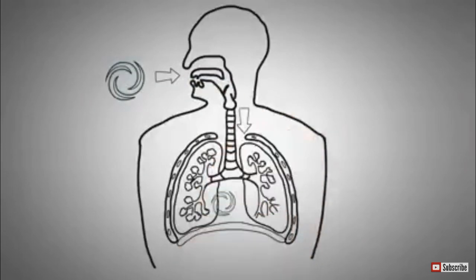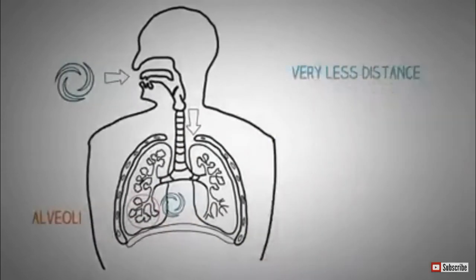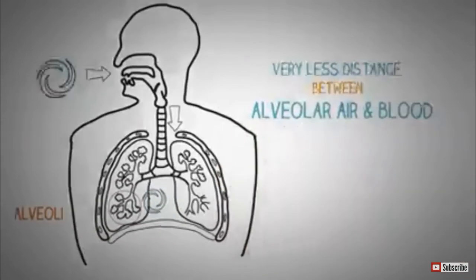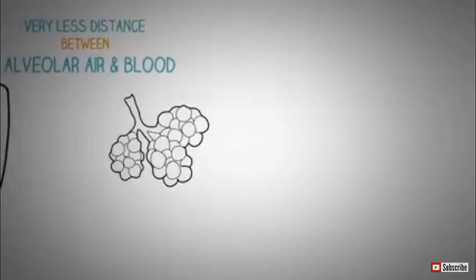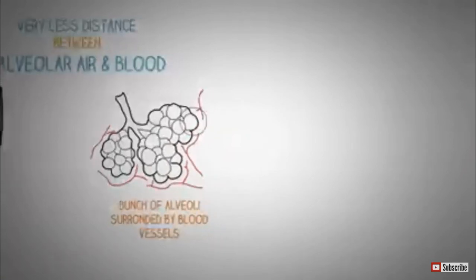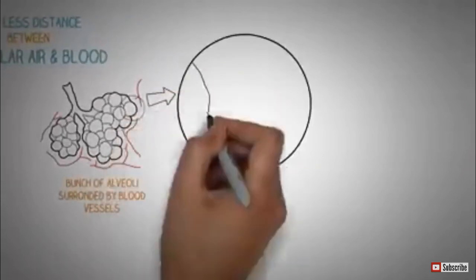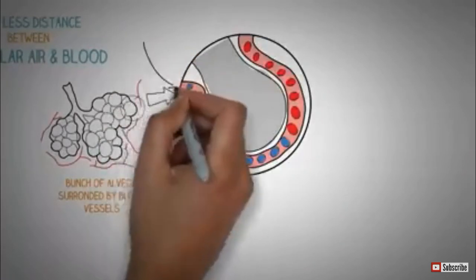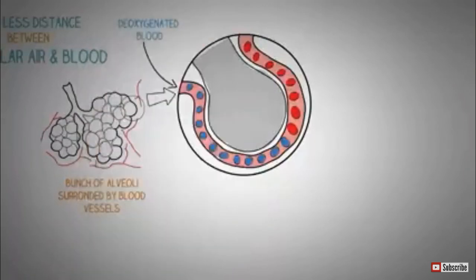Now let's try to understand how the actual gas transport happens inside a single alveolus. The air that we inhale passes through our respiratory tract deep into our body into a bunch of structures called alveoli. This is important to create a very small distance between the alveolar air and the blood. Now to understand this, take a closer look at this section of alveoli, which are attached to the end of a respiratory bronchiole. You can see that a bunch of alveoli are surrounded closely by blood vessels. If we take a single alveolus out of this bunch and magnify it under a microscope, we can see that the alveolus is completely surrounded by a single capillary, but in reality they are surrounded by multiple capillaries to have very close contact with the